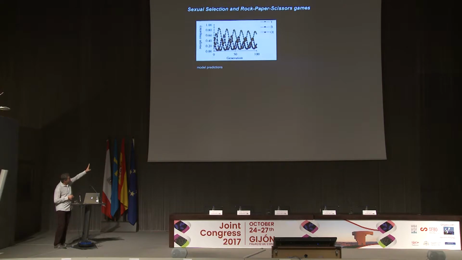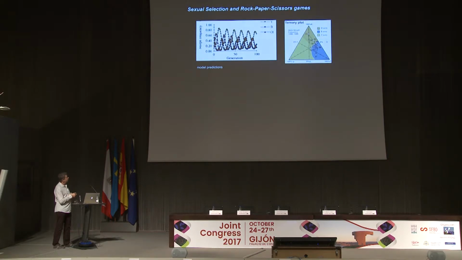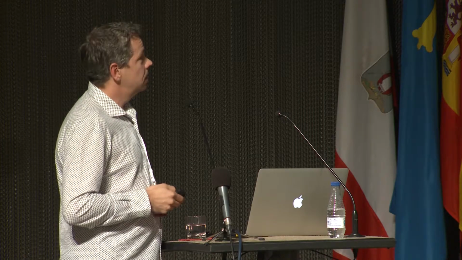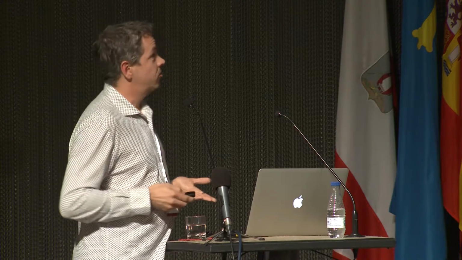So if we look again at the model predictions, you see that these frequency cycles are very regular. Well, rather regular if you look at the ternary plot and we plot these predictions, and we will predict such a circle here. But actually what we found, or what was described, is not at all regular circles. The big question is, why are they not regular?